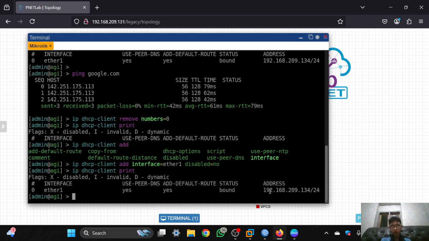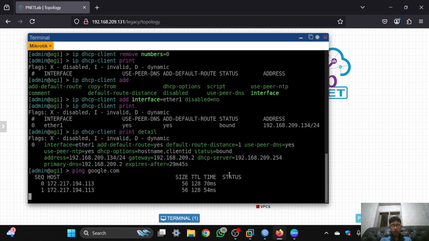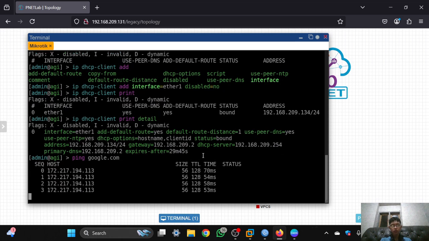I got the DHCP IP like this, and you can check more detail by adding detail and clicking enter. You can see the address, then the gateway IP, DHCP server IP, and the primary DNS IP. You can check it by pinging Google like this. So it is connected to the internet.